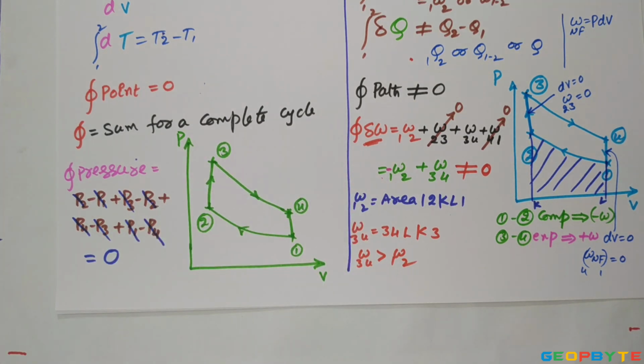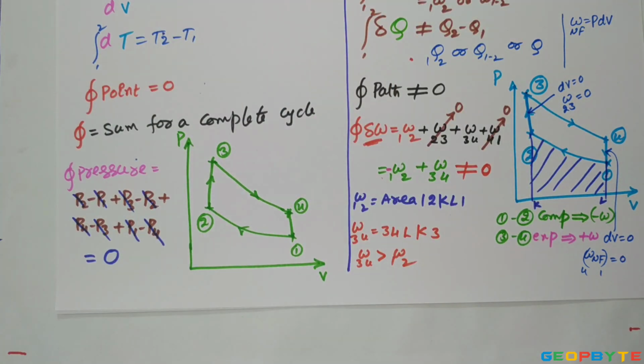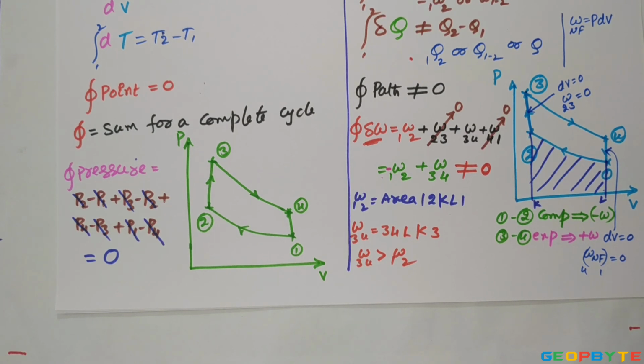Not only thermodynamic systems maintain point function quantities and path function quantities; in our life also we maintain point function quantities and path function quantities. Point function quantities mean properties of the system. In our life we maintain some properties like bank balance, family property. Gold is family property, silver is family property, house is family property, land is family property. These are all the family properties in our life.